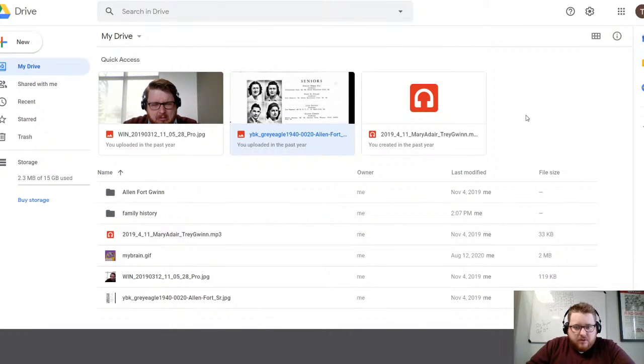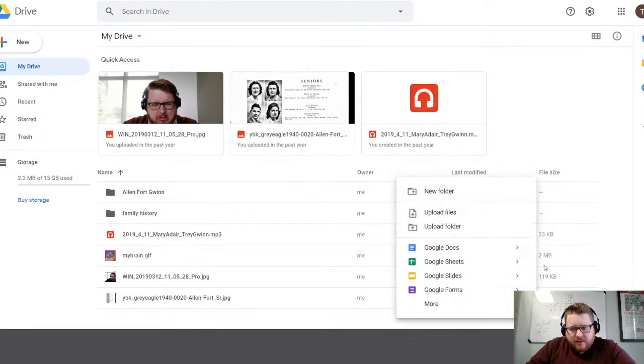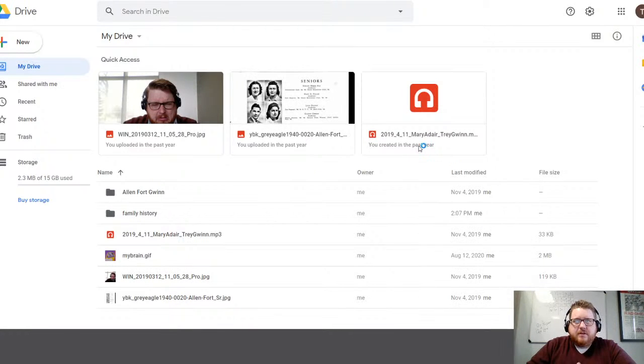Now you upload files the same way that I showed you earlier with uploading audio files or whatever. It's all the same process. You right click, you click upload files. It will open up a dialog box that you can't see right now because apparently that doesn't come through in the stream, which is kind of frustrating.